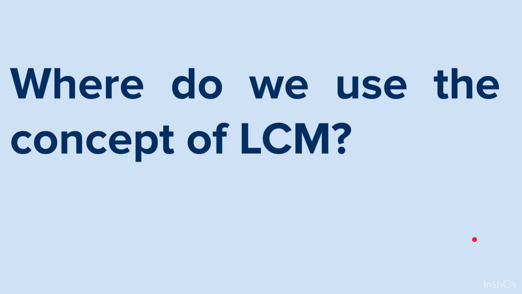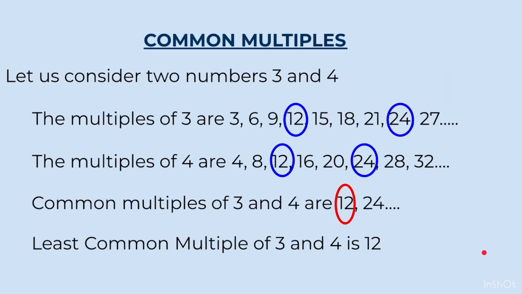Where do we use the concept of LCM? Do you remember, students? We had started off today's lesson by finding multiples of 3 and 4 and then finally finding the least common multiple as 12. Now the practical application. Supposing you get permission to play video game on every third day and your friend gets permission to play video game on every fourth day. And today happens to be the day that both you and your friend have got permission to play video game. Now tell me, when will you get that permission again on the same date? You can tell this with the help of LCM.